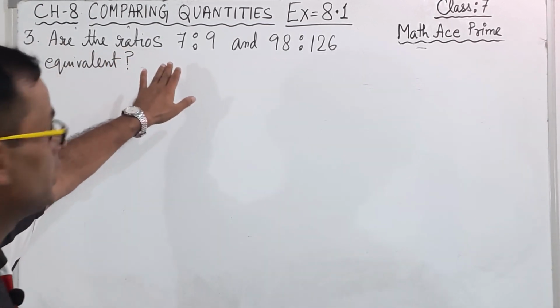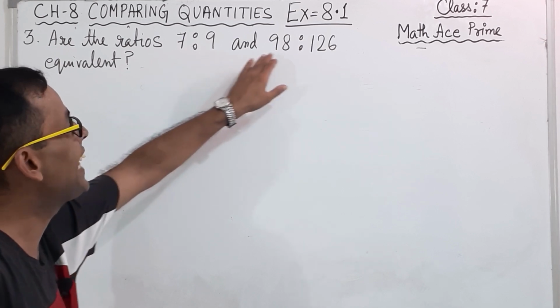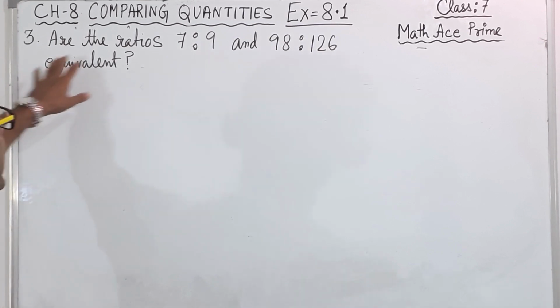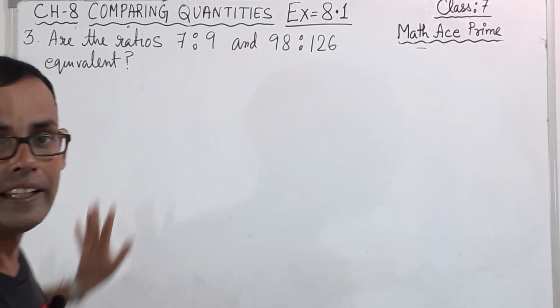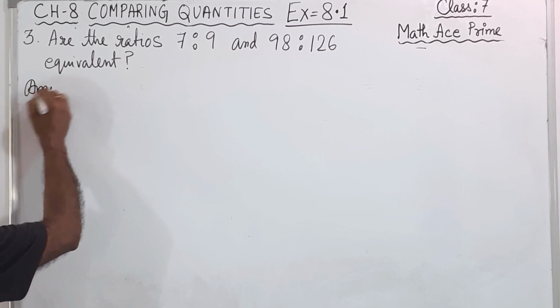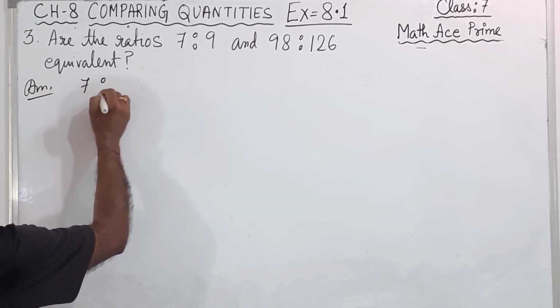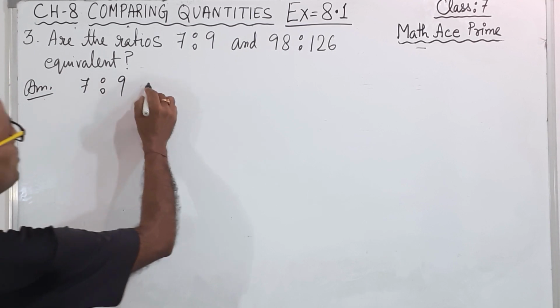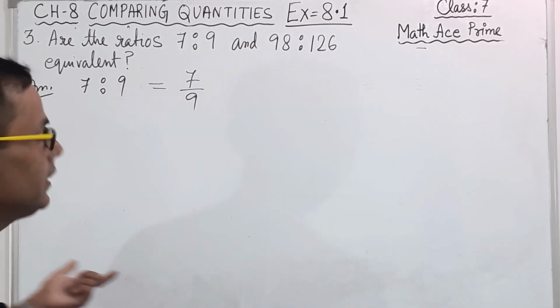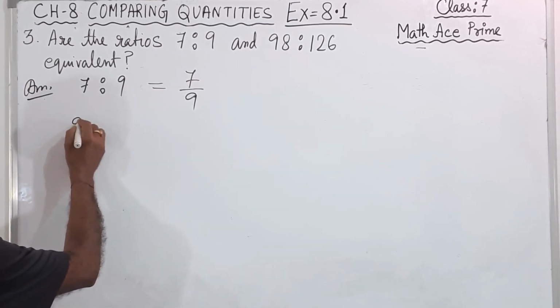नाउ वी विल कम टू क्वेश्चन नंबर 3। आर द रेशियोज 7:9 and 98:126 equivalent? So they are telling whether this ratio and this ratio are equivalent or no. That means they are same or no. Okay, if they are same, then I will say yes, they are equivalent. If they are not same, I will say no. So कैसे करेंगे इसको? आंसर लिखेंगे। 7:9 ओरिजिनल वन, इसको 7/9 लिख सकते हैं, और कुछ नहीं कर सकते, काटिंग भी नहीं कर सकते।